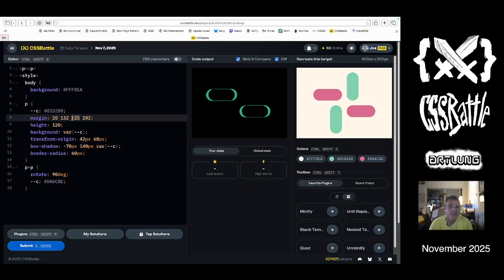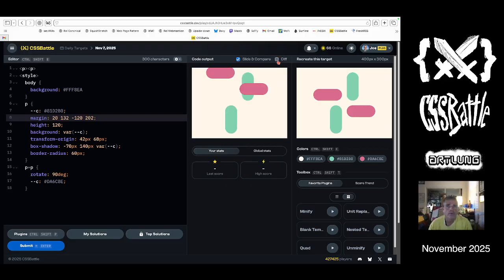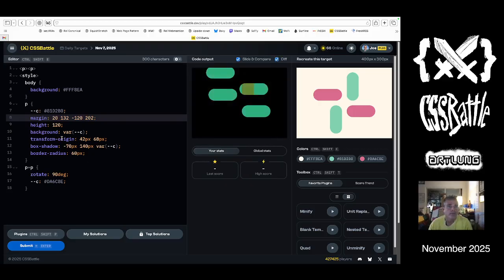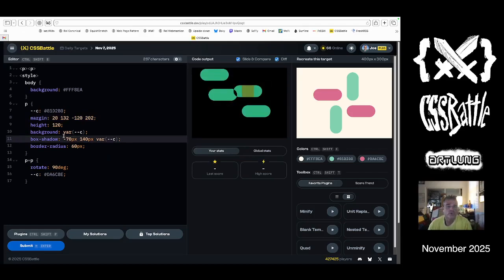I like how tricky this is. What if it's 0? And then let's remove the transform origin. So